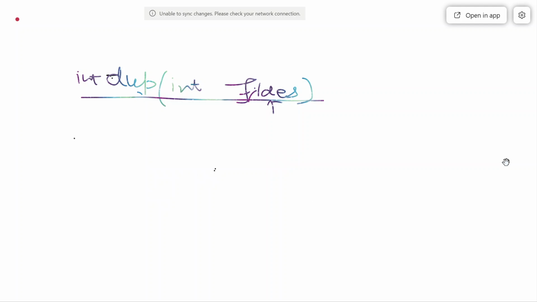If you look into the syntax of dup2, int dup2, and then I write int file descriptor, and then int fd2.